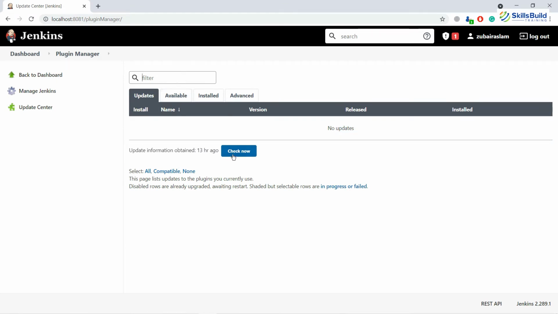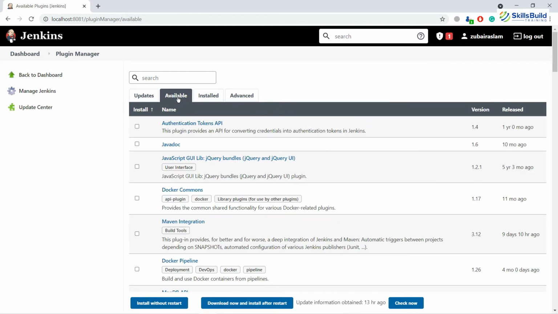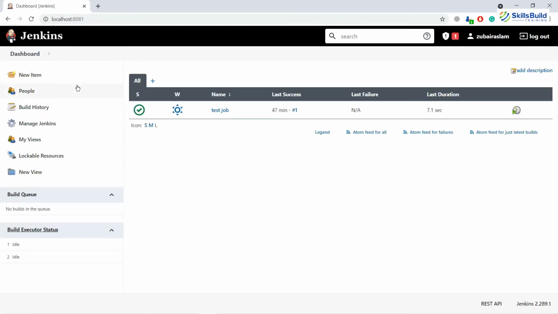And here you have one update available, and here you will have all the available plugins in your Jenkins, and again you have different other options here. So that was all about managing your Jenkins. I will go back to my dashboard, and now I will click on a new item to create my new